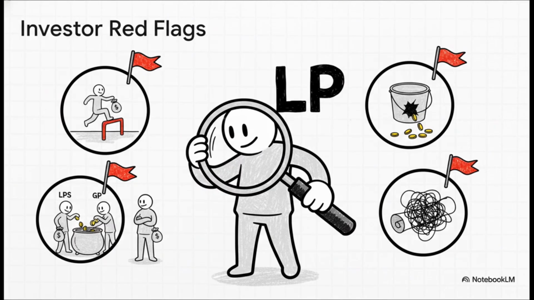So, if you're an investor, what are the red flags? Well, be careful with deals that have a really low preferred return rate, because that means the GP gets to their big promote payout much faster. You should definitely watch out for deals where the GP has no skin in the game, no cash of their own invested, or where the pref is non-cumulative. And as always, if the legal agreement is super confusing or unclear, that in itself is a huge red flag.